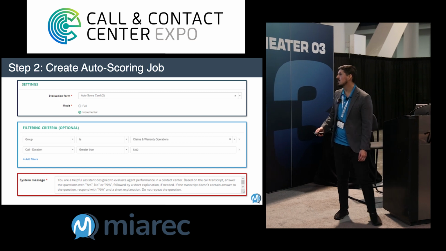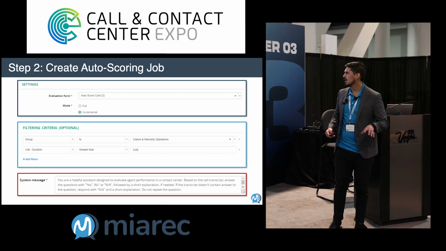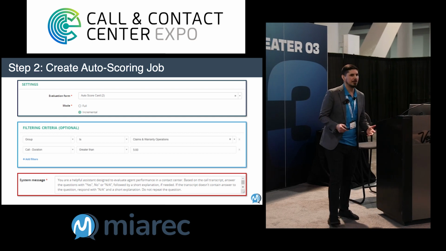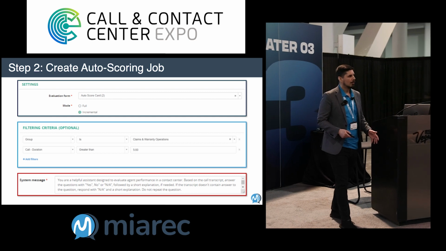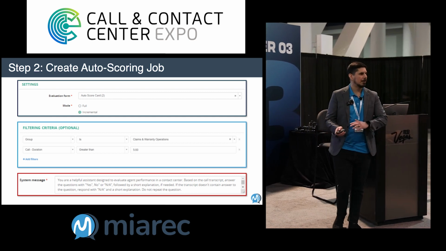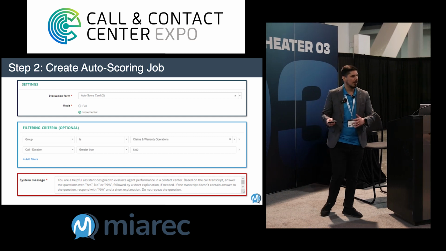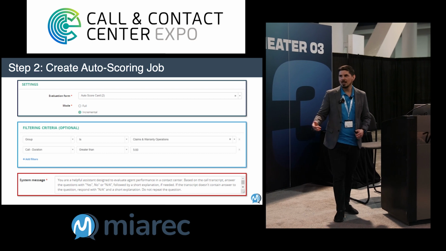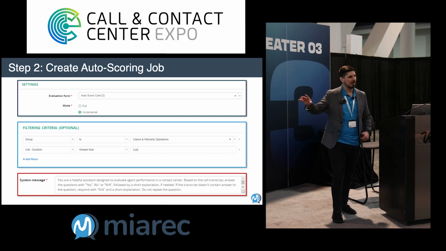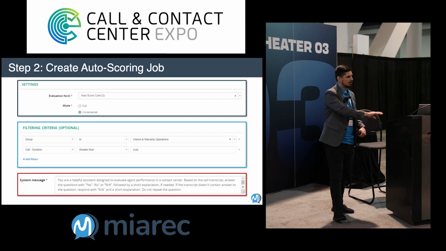After that, you want to create an auto scoring job. The reason I wanted to bring this up is that essentially you're telling the AI which calls you want it to evaluate. If you want your scorecard to evaluate all your calls, you can do that. Or if you want one QA scorecard to evaluate only particular calls, you can do that as well. For example, say you have a customer service department and a customer service scorecard, you can have that scorecard run against the customer service calls.